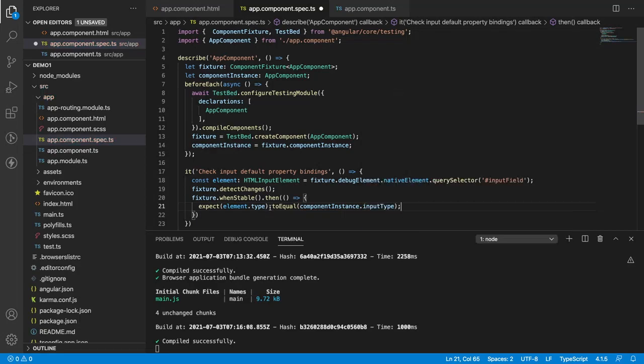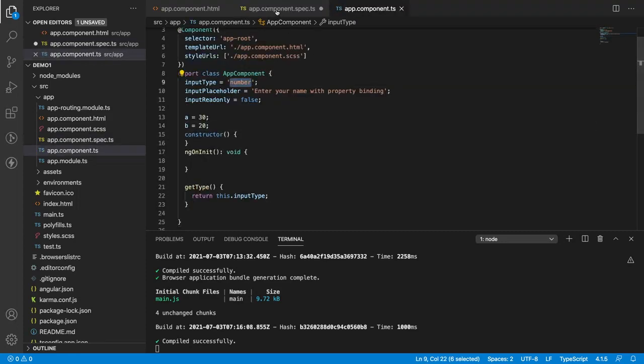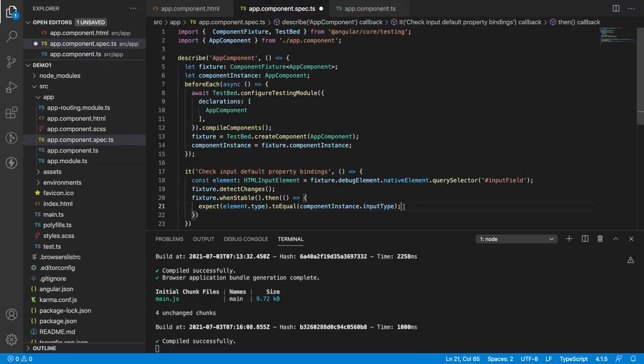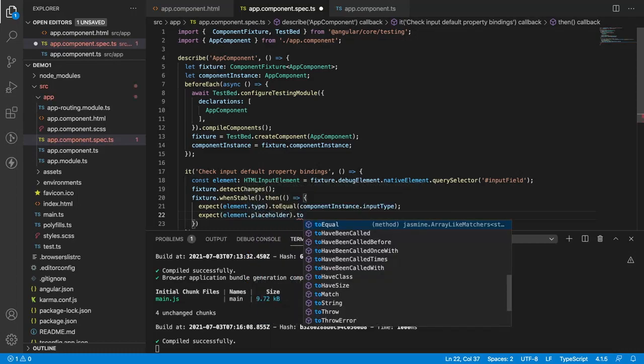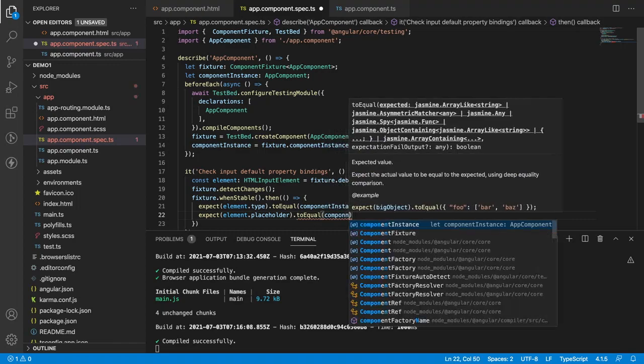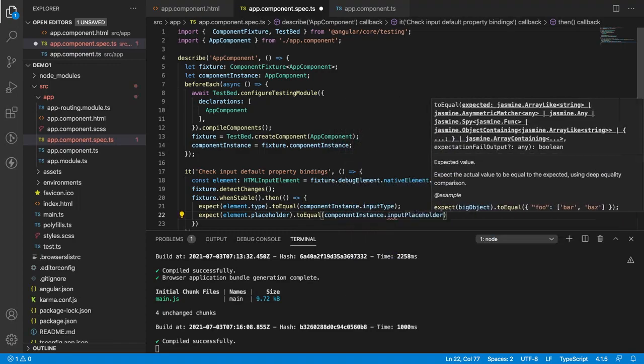So we are getting the type and we are checking with the input type. This type is from the HTML element, this inputType is from the component. What is the input type we are getting here? It's a number, so it should be equivalent to the number as a string. So let me check one more thing. element dot placeholder. What should be the placeholder? It should be equal to our componentInstance dot inputPlaceholder.